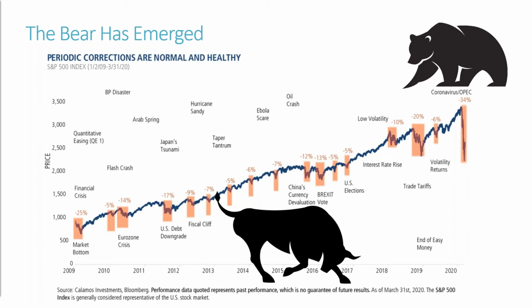So, you can see here, going all the way back to 2009, during the financial crisis, the Great Recession, you could see the drop in the market during those periods. And since then, we've had some volatility. Some fairly big things have happened in the markets and in the world that have caused some downside in the stock market. The most recent being the tail end of 2018, in the fourth quarter, when, here it says 20%.